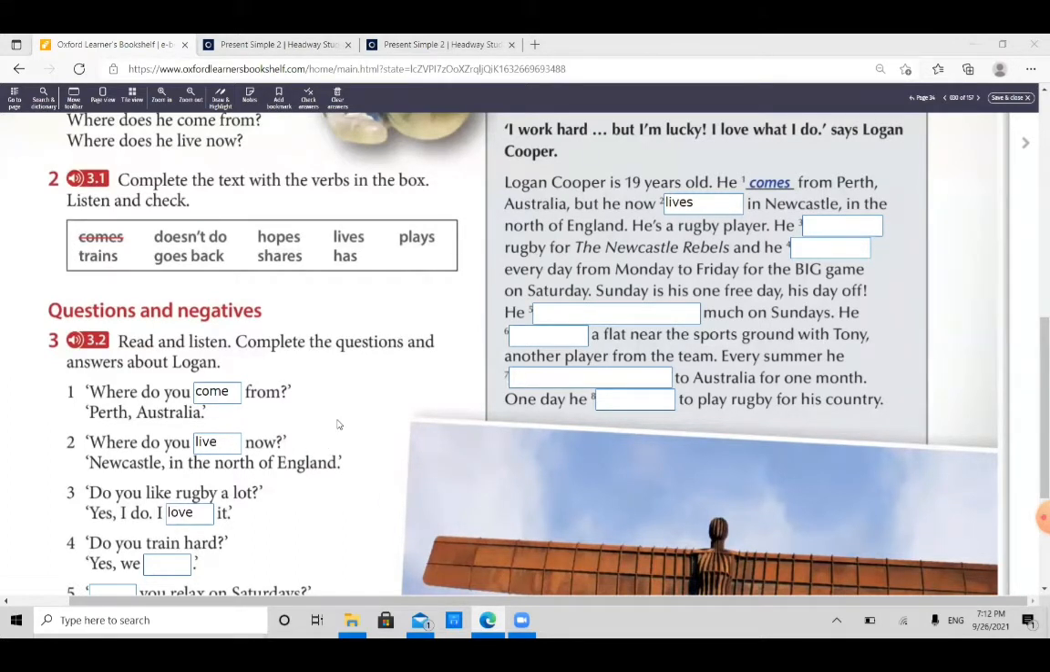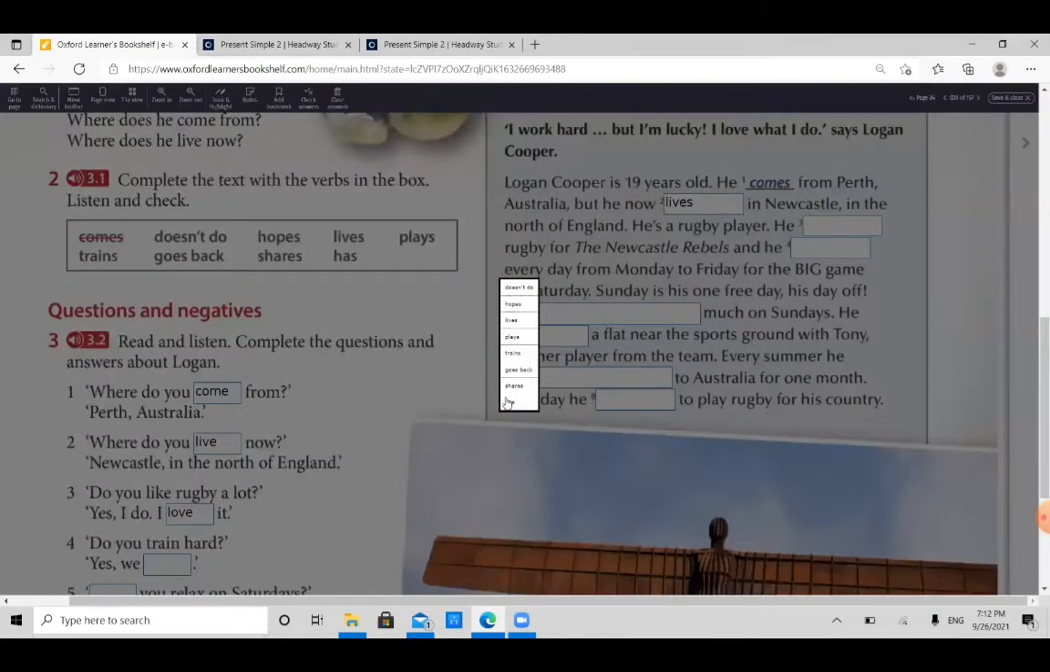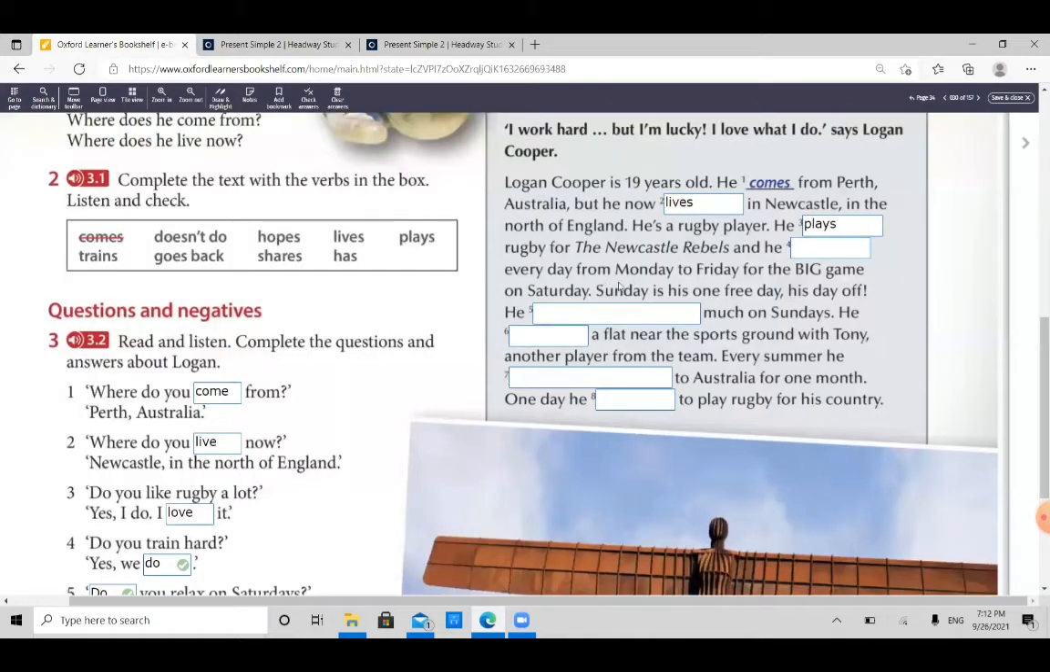A new sentence. Yes, Asia. In the Newcastle in the north of England, he is a rugby player. He plays. Excellent. He plays. Yes, continue. He plays rugby for the Newcastle